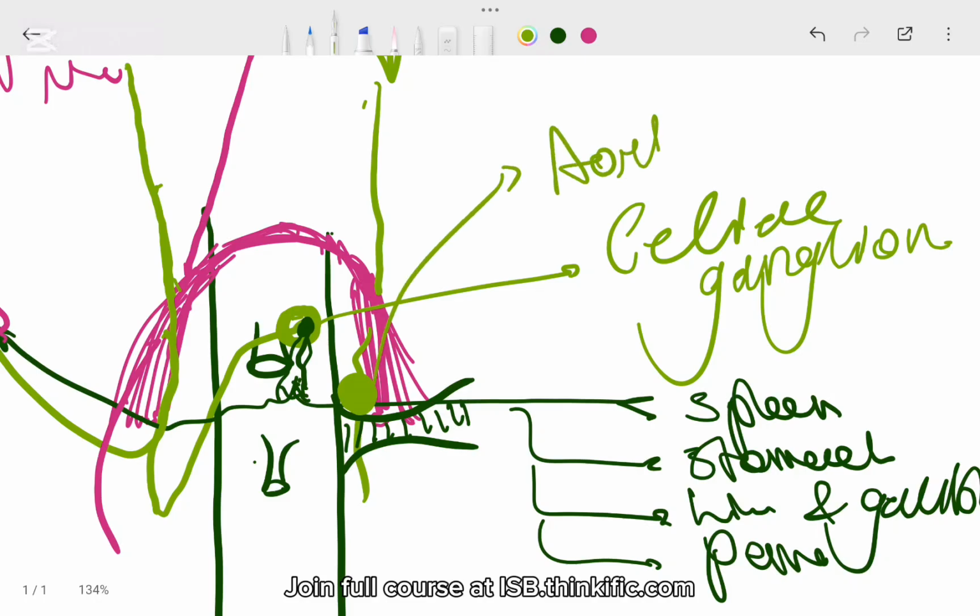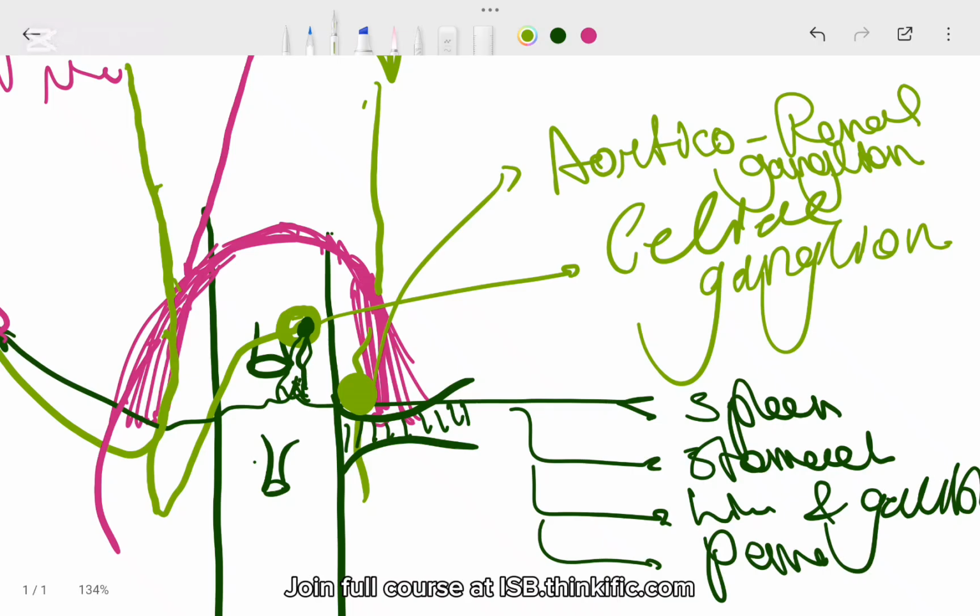Aorticorenal ganglion. Okay? Now our friend here, the lesser splanchnic nerve, synapses here at the aorticorenal ganglion, or sometimes it synapses at a ganglion over here called the superior mesenteric ganglion,